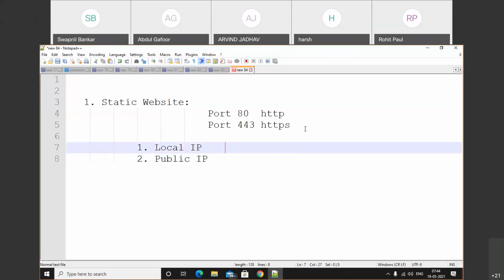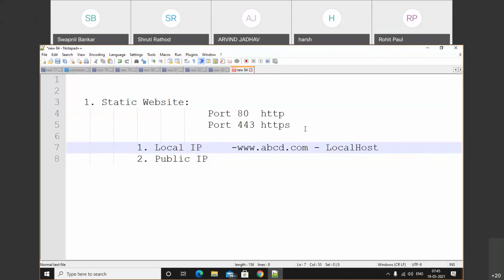The local IP means the application or website will be executed on a single PC. We cannot access that website from outside. For example, I want to host one application whose name is www.abcd.com. Whenever we host this application on a local IP, that means we don't have any public IP. That means we can access this website only on the local area network, or we can say that the website will be accessible only on localhost.